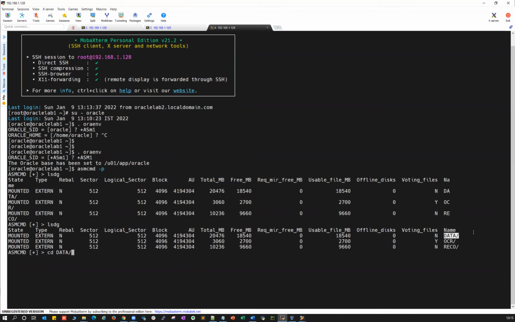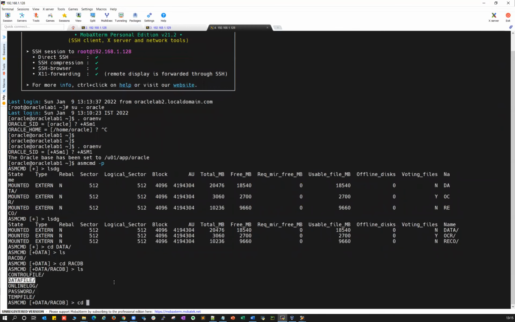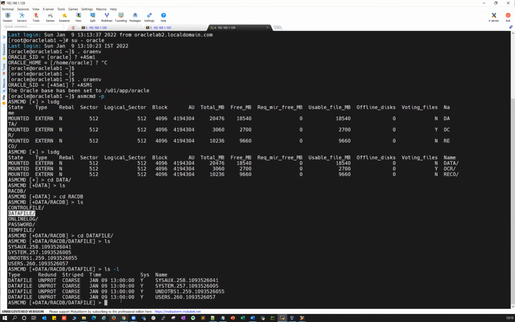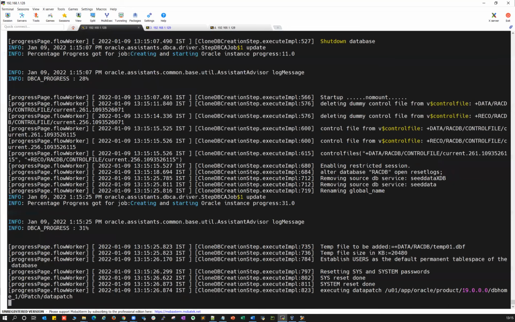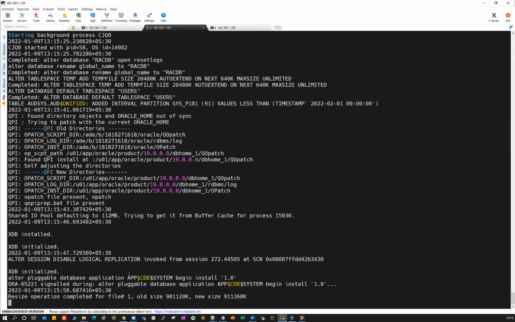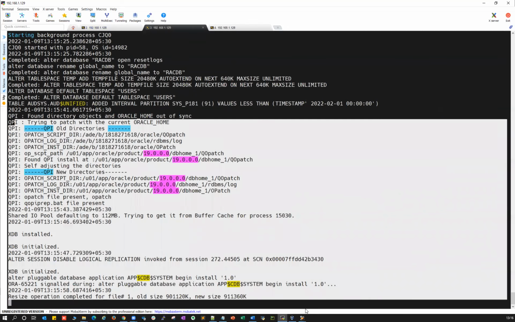Go inside your data, ls, go inside your RAC DB, ls, and you can see all the data files are getting created: system, sysaux, undo, users, all are getting created here.